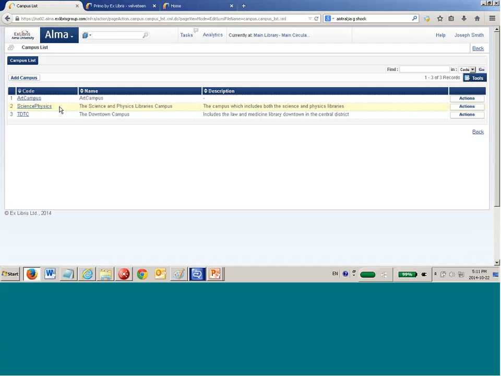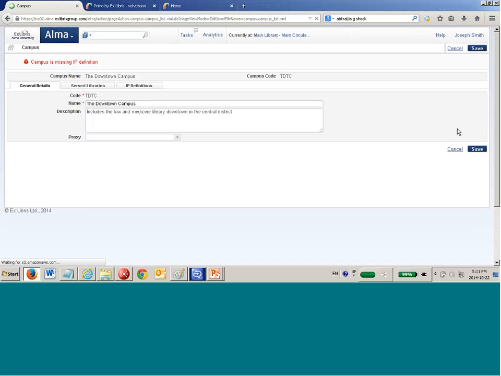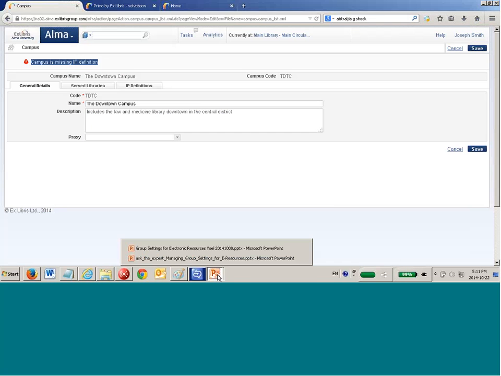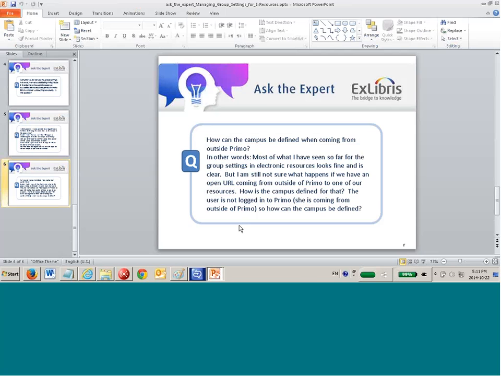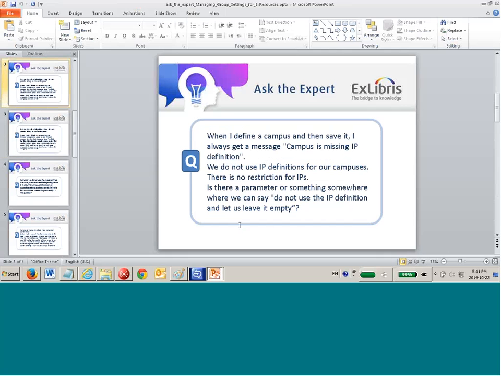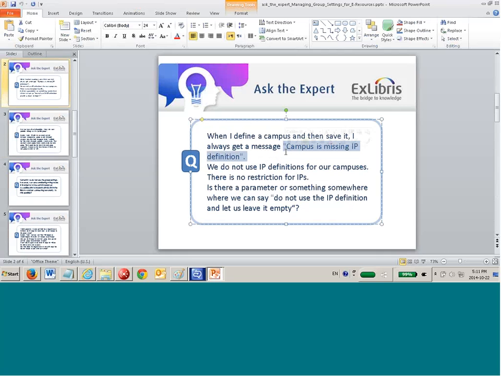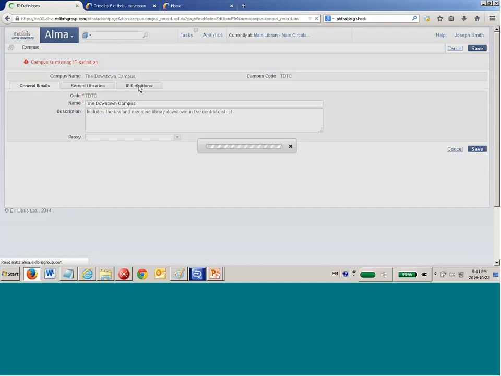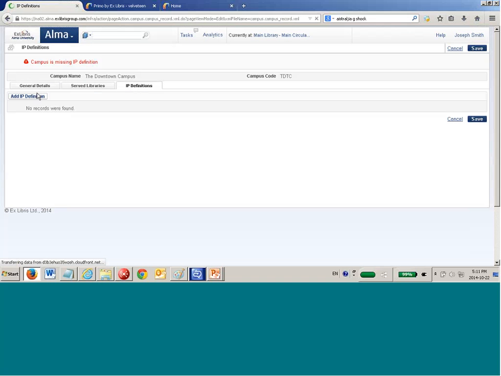Now we're going to add this campus to a group setting. But before we do that, we'll edit the campus, and we'll see this message that somebody said they got. Campus is missing IP definition. That was in one of the questions. Someone said they get this campus is missing IP definition. We don't use IP definitions. What do we do? If you don't use IP definitions, and you don't want to, you can always define the definition here as